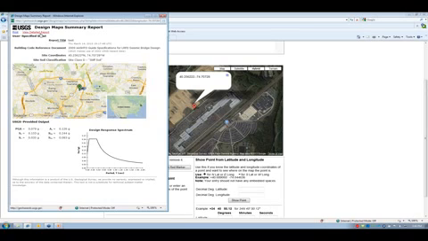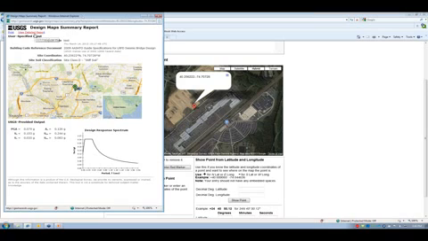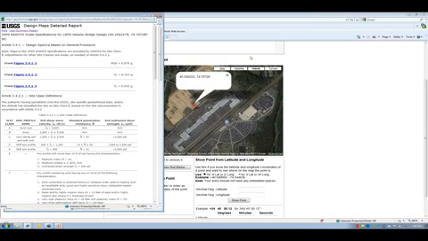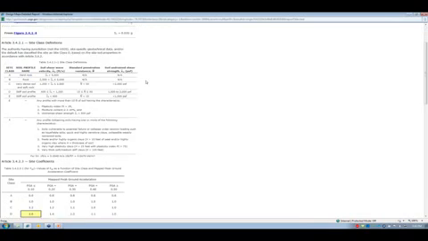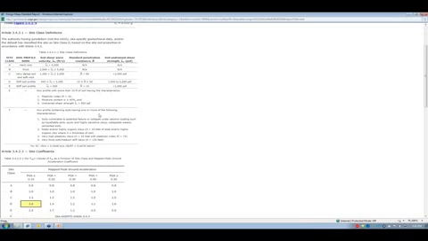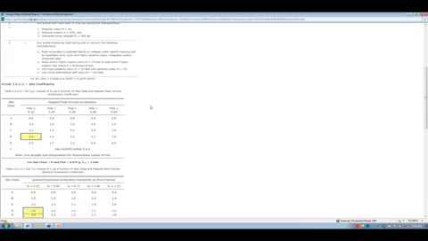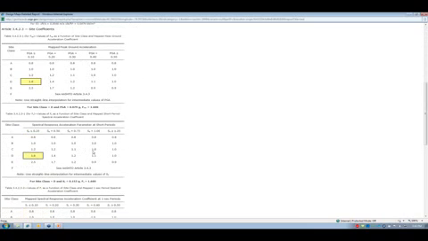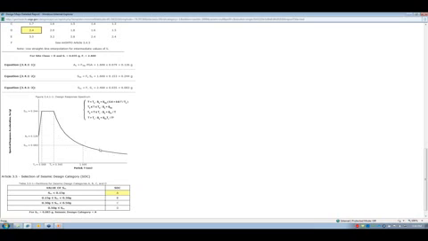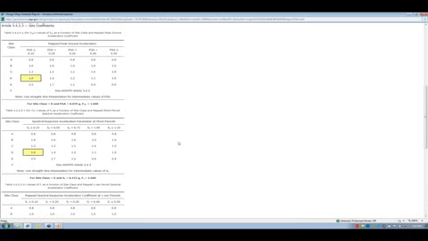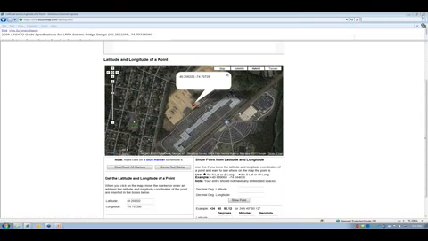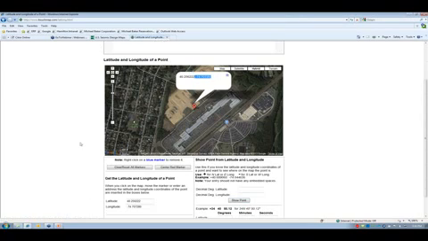You can also ask the website to give you a detailed report. It's a view detail report. And this report here basically tells you how this response spectra is being constructed. It gives you the PGA, the SS, and S1, and then talks about the site classifications, for site class D, and then gives you all the factors here, and then gives you the constructed response spectrum based on the 2009 AASHTO guide spec. So this is a very convenient tool for generic design spectrum. It really is just a mouse click to get those. So let's get back